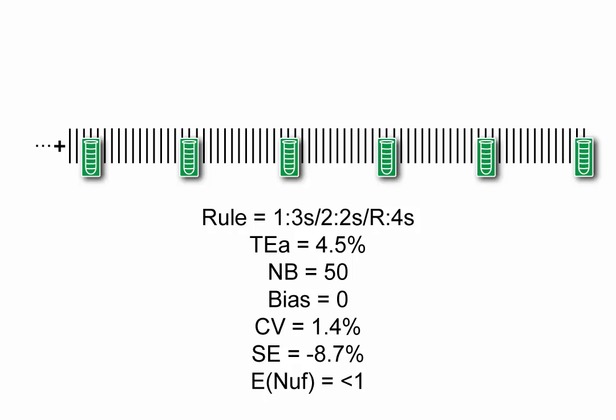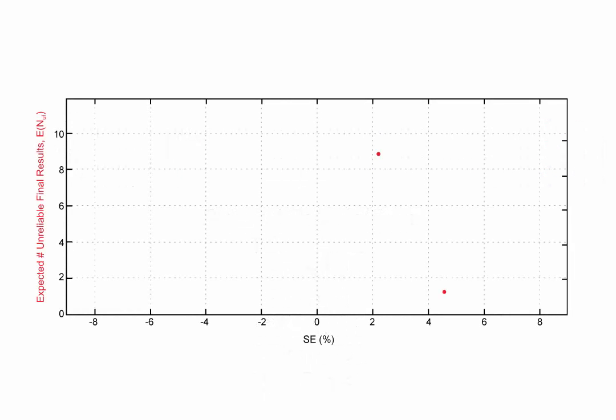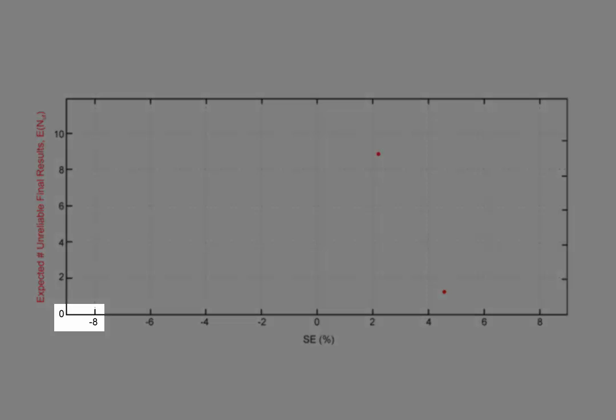Let's look at a large negative out-of-control condition, say an 8.7% shift downward. In this case, a very large percentage of results are unreliable, but the QC strategy will almost always detect the out-of-control condition at the first opportunity. Consequently, there is little chance of unreliable results occurring prior to the last accepted QC, and the predicted enough is less than 1. Let's plot the enough for this out-of-control condition.